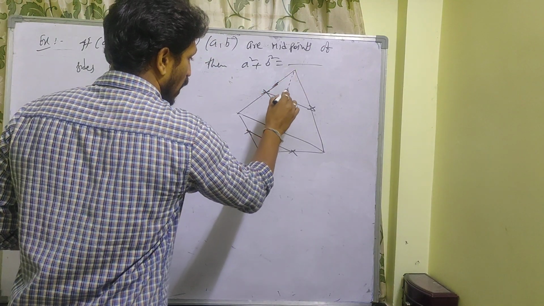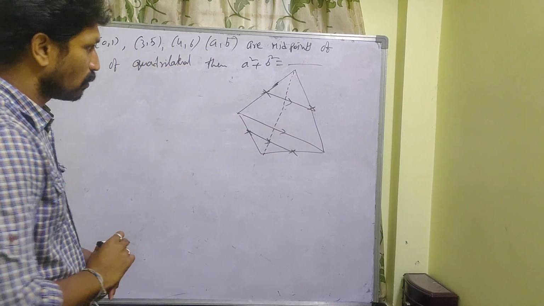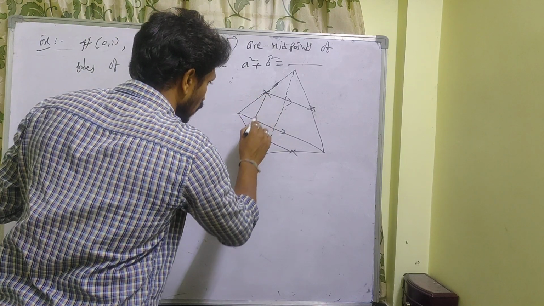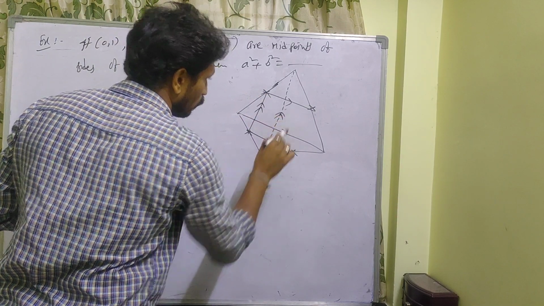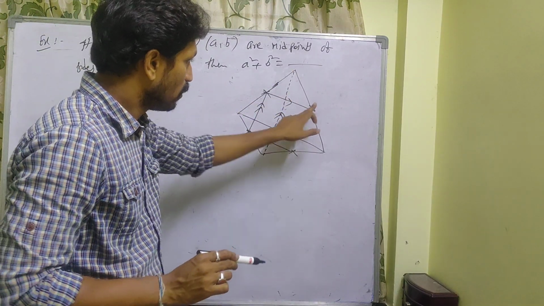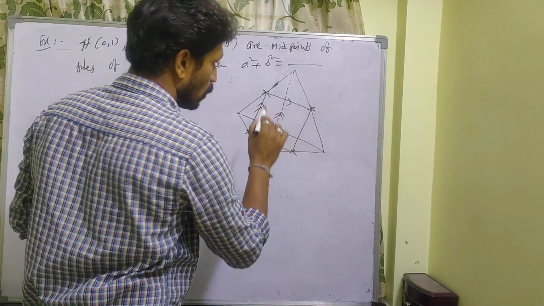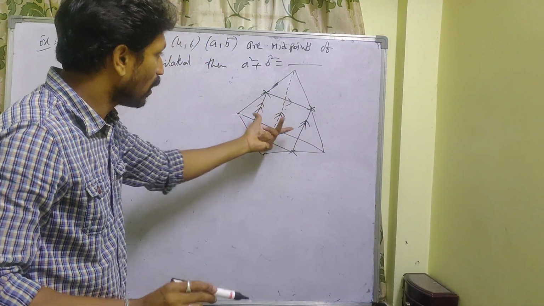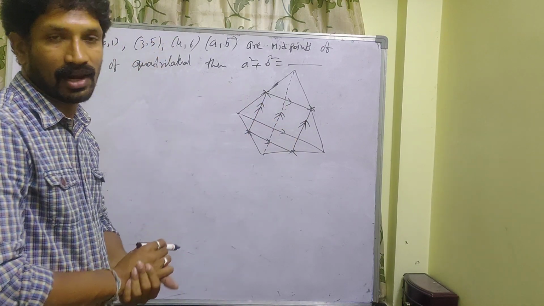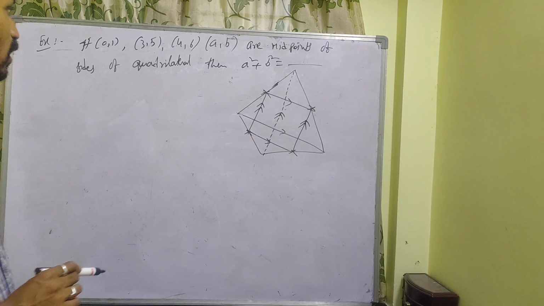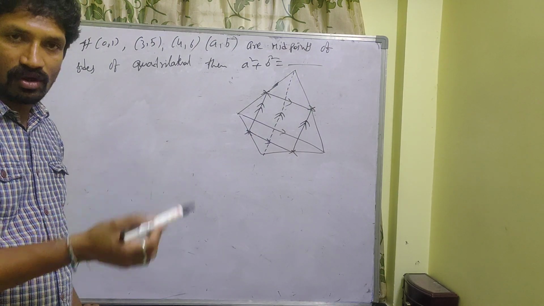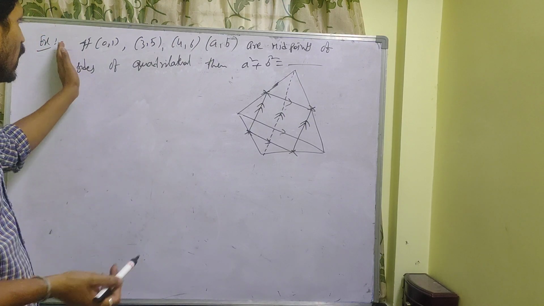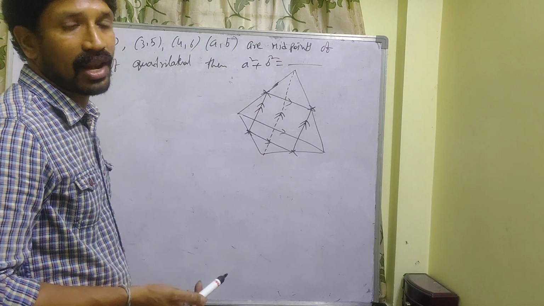Similarly, if you take the other diagonal, in this triangle, if you join these two midpoints, this is parallel to this diagonal. If you go for this triangle, these two are midpoints, so this is parallel to this one. So obviously these two are parallel, and these two are parallel. So it is nothing but a parallelogram. That means in any quadrilateral, the midpoints of the sides form a parallelogram. So very clearly we can say these four form a parallelogram.